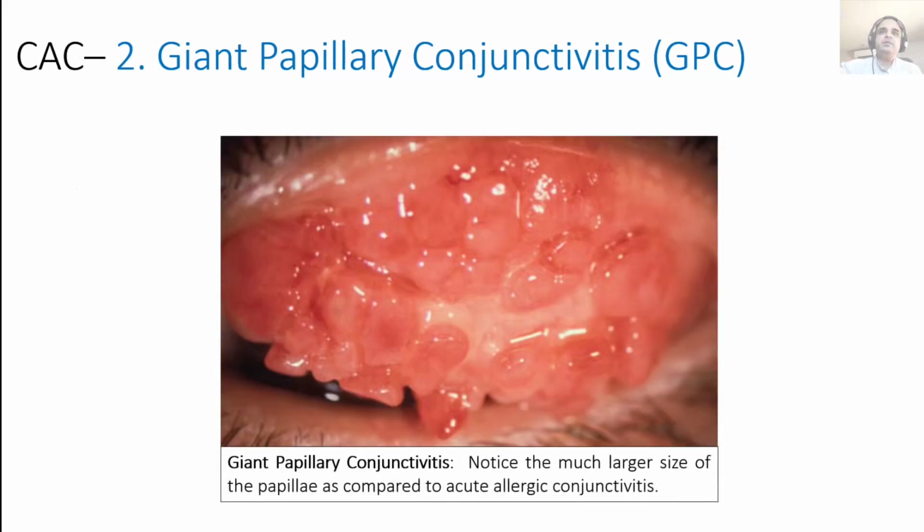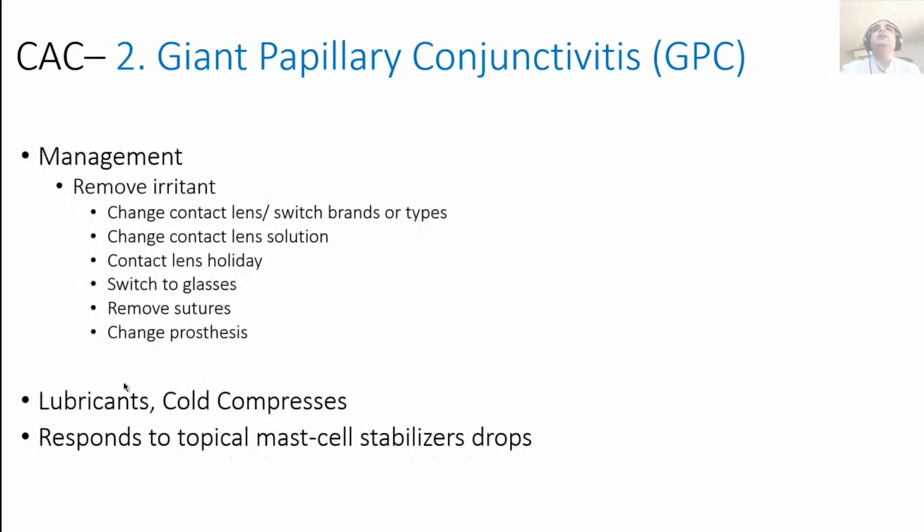And it's called giant papillary conjunctivitis because you get these giant papillae. Look at the size of the papillae as compared to acute. These are the same giant papillae that you can get in a vernal keratoconjunctivitis, which has stayed on for quite some time. And remember, initial papillae were cobblestone papillae, which then convert into something like this, giant papillae. Management, the best management is obviously to